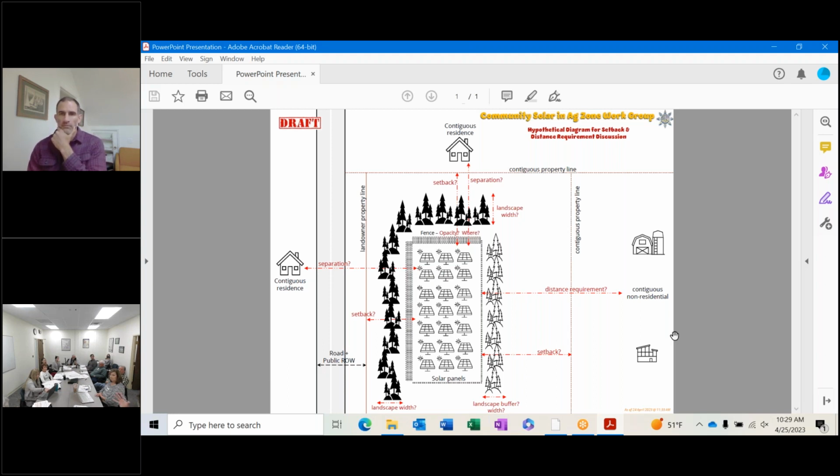So our intent in creating the code was to provide those parameters. If that case occurred, we could say, wait a second, we don't allow utility scale. We do allow community solar, and here are the parameters. So don't override us, follow our rules. Does that all make sense? Oh, it makes sense.